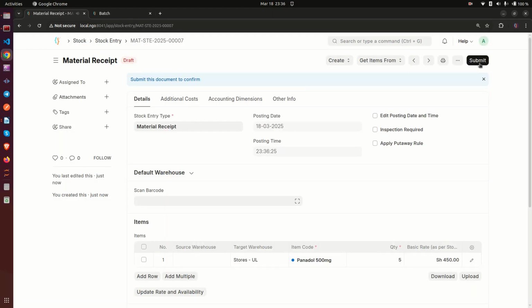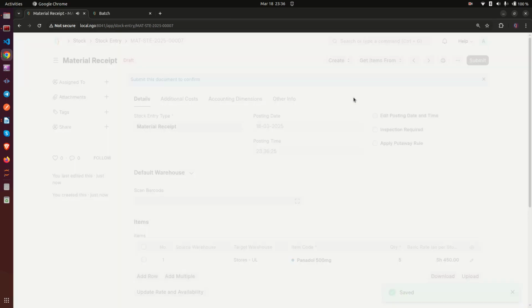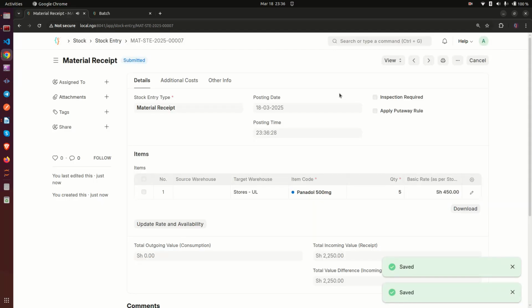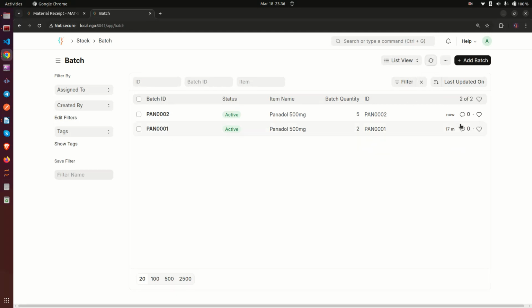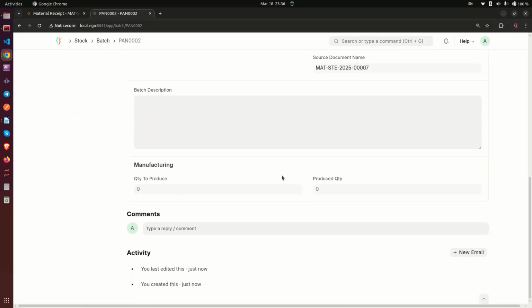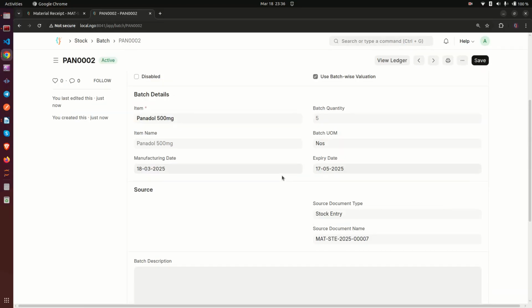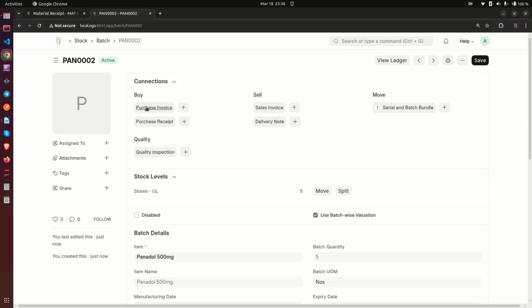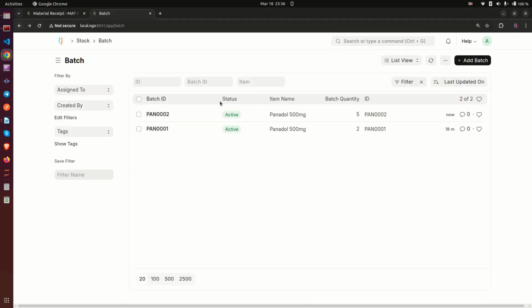So when we save and submit, remember that we did not specify the series, so it's supposed to generate the series itself. If we come to batch, there is something that came up now, and you notice that it is only 1. So why is it 1? And you see that the batch quantity is saying it's 5. If you open it, that's all the information it has. There is no table inside here. So what this tells you is that